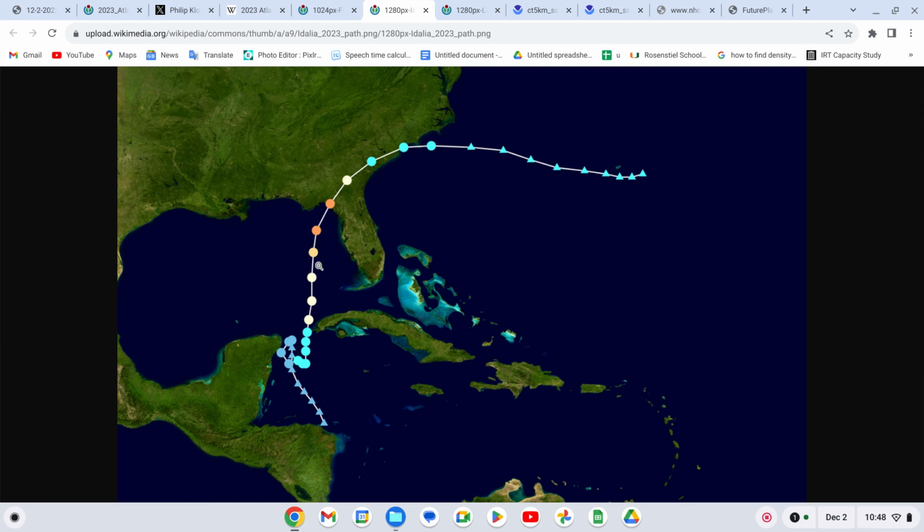Probably the only most significant storm that was impactful this season was Idalia, also late August. It was a Category 4, and this only shows up to Category 3. I think the Category 4 peak was kind of in between. But nonetheless, was a major hurricane impact in the Gulf of Mexico late August. This was around August 30th or so when it made landfall here in the Big Bend. Obviously, damages were still